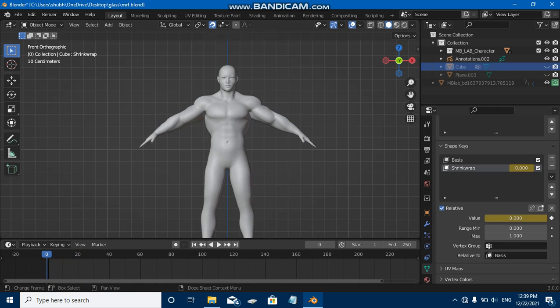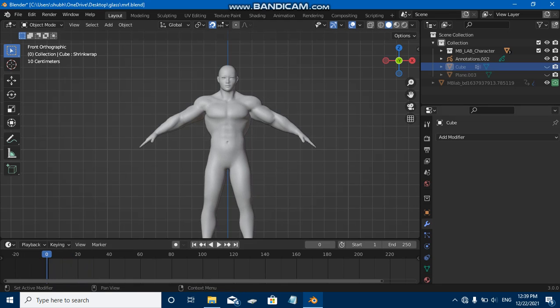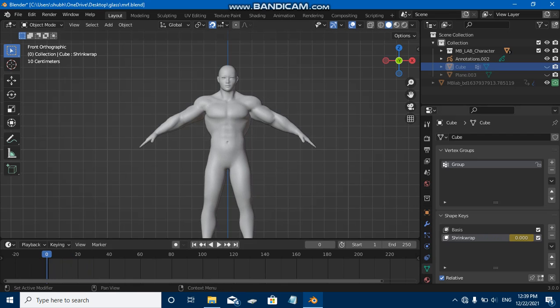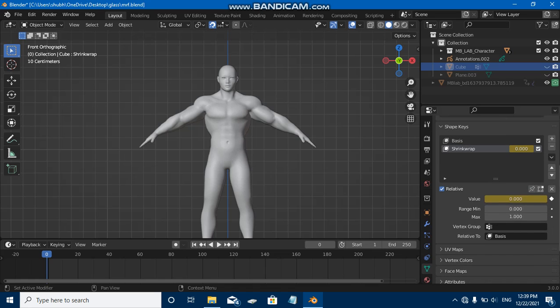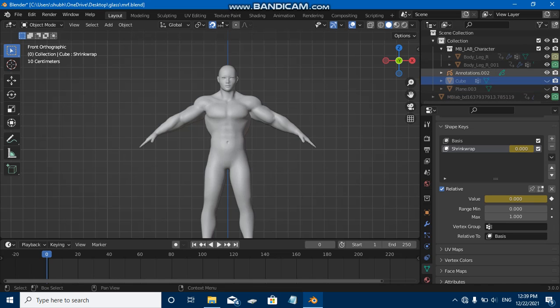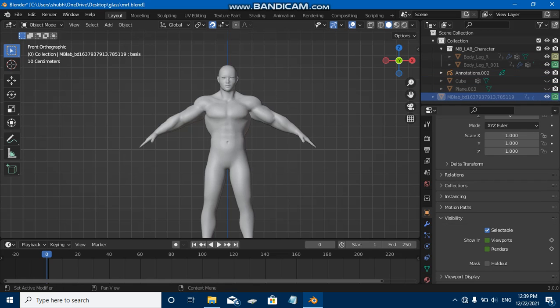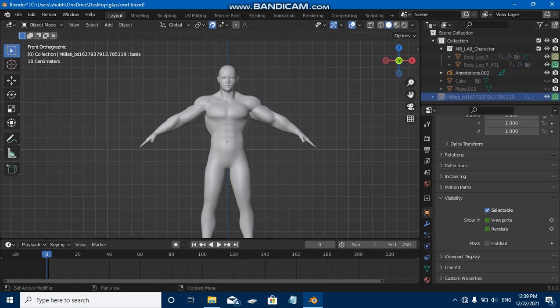In this case I have added a shape key as usual, as I have shown you. But for this case I also added something new which can help to make a perfect transformation. Go to the object properties and select visibility, and here you can find show in viewport and render.